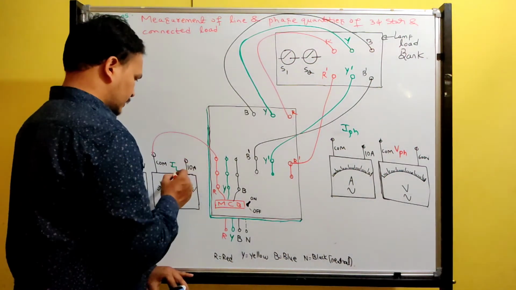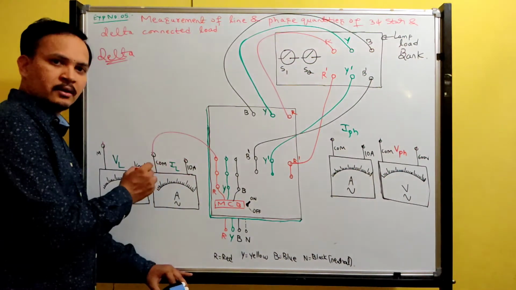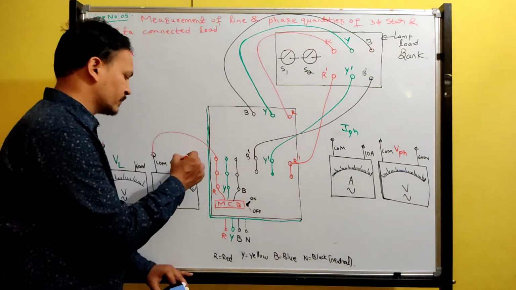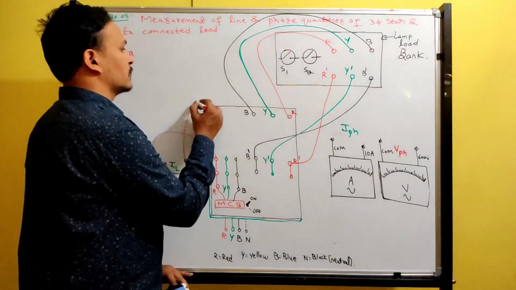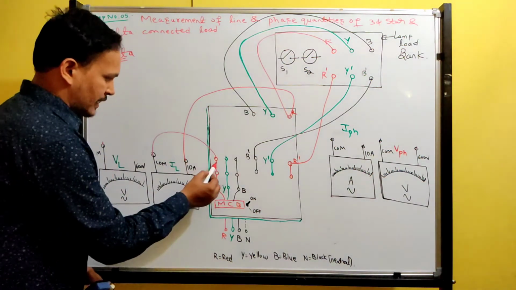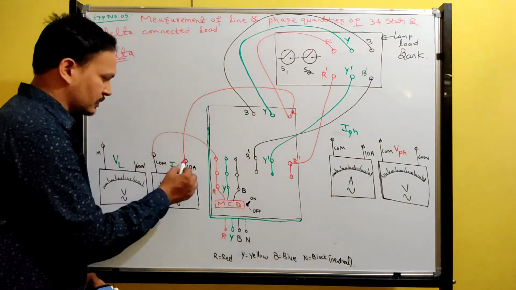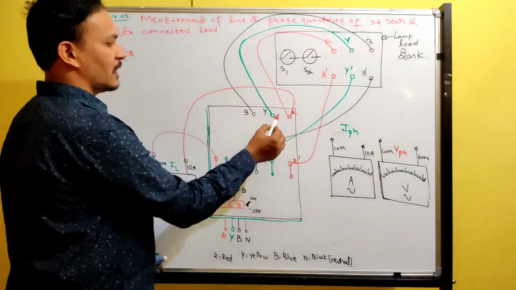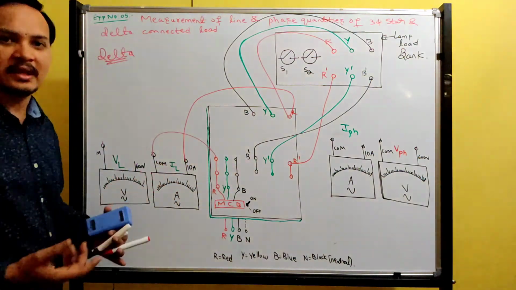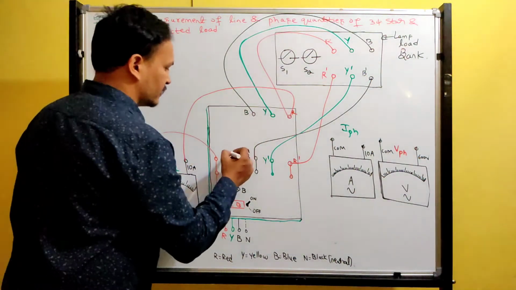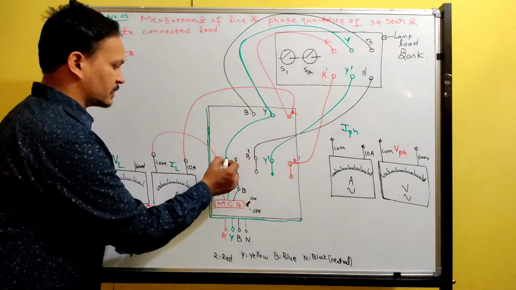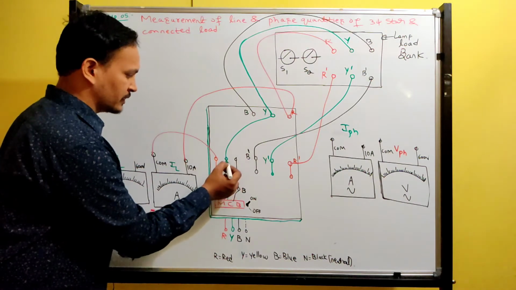See now, this R is connected to common. Where should I connect the other one? In the R terminal only. Where is the R terminal? The R terminal is here. So starting R is connected to the common of the ammeter and the other ammeter terminal is connected to R. Finish. So this point and this point are joined through the instrument. Next, the Y line: there is no instrument in the Y line. So I simply connected it. This is Y, this is Y, this is Y.